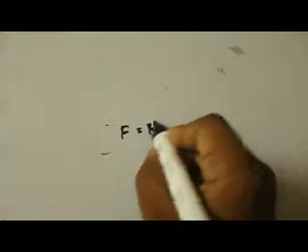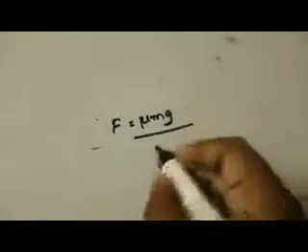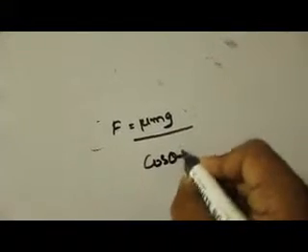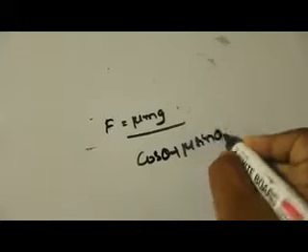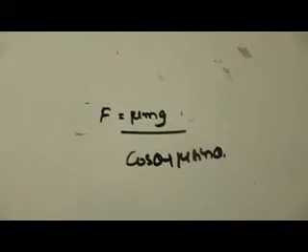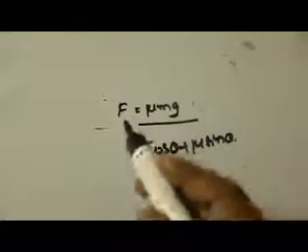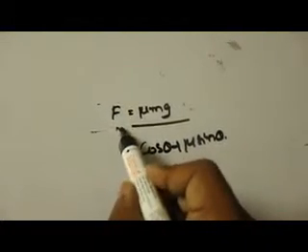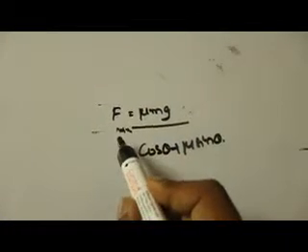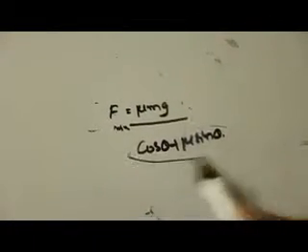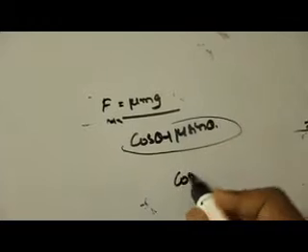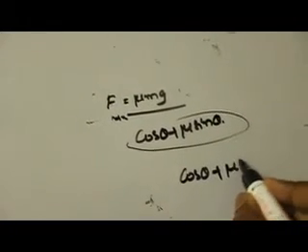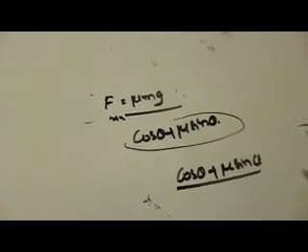Okay, now you see, dear students, what did you get? F is equal to mu mg by cos theta plus mu sin theta, right? If you see this, mu mg by cos theta plus mu sin theta, as we know, numerator by denominator, this is the external force F. For F to be minimum, the denominator should be maximum. What is the denominator? Cos theta plus mu sin theta. This should be maximum. What I want to do is that